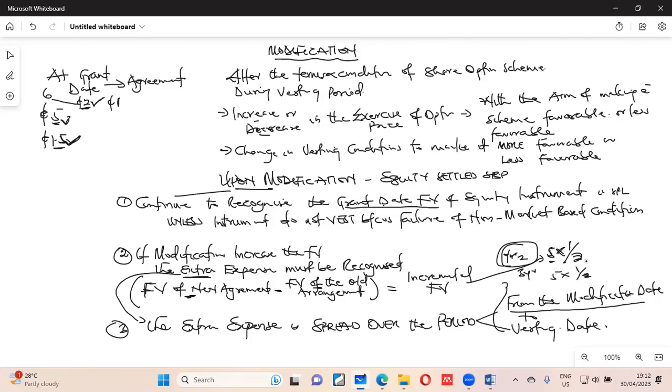So that is how it will be. So you spread it half for year 2, half for year what? 3. All right. So that is what we are talking about. If the modification happened in the first year, then it means it will be 1/3. You spread it 1/3, second year, 1/3. So that together will all be what? 3/3. So you spread the incremental over the time from modification to the vesting date. So that is all you need to know about modification.